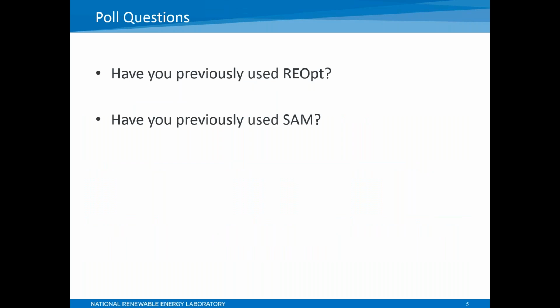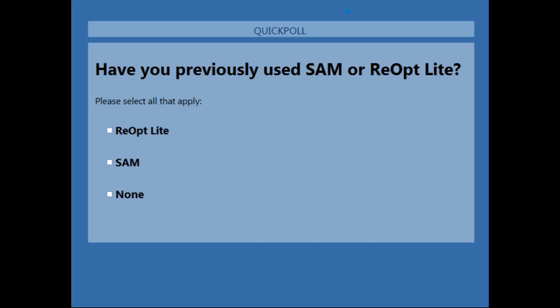So we'll keep going. Oh, the first poll question has popped up. And so the first question is, have you previously used REOPT? And by REOPT, I really mean REOPT Lite, the web-based version of REOPT. This was released some months ago and helps you both size a PV system and or a battery for your location after you enter load data